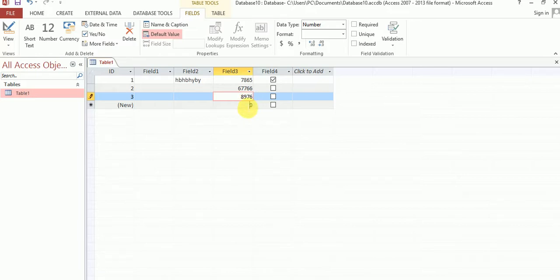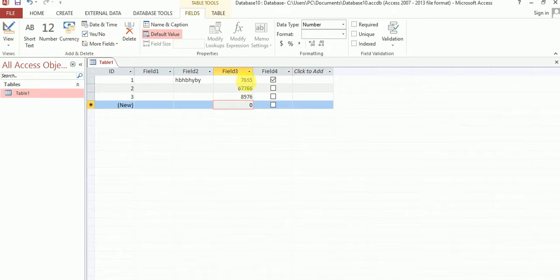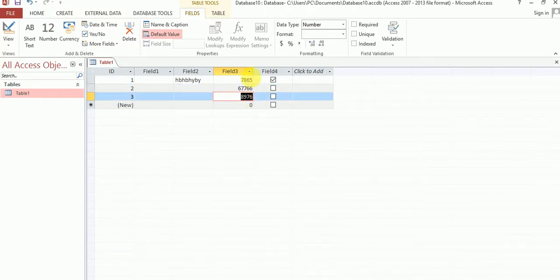So in a group of records, you can see this one record is a number, and this one is the same kind of number. Groups of records are stored in a table, which defines what types of data each record may contain.